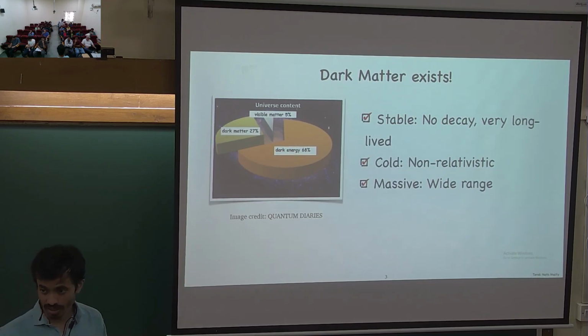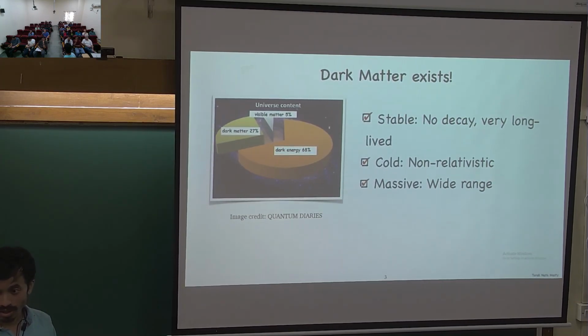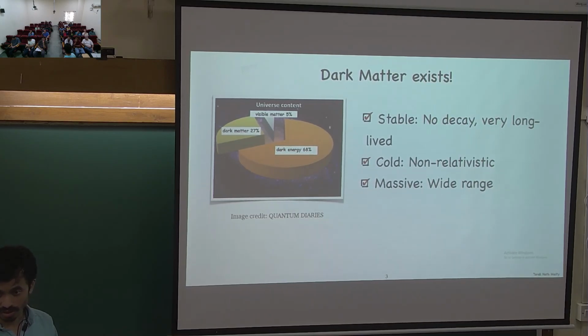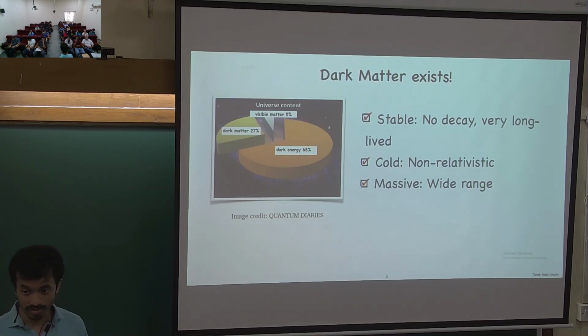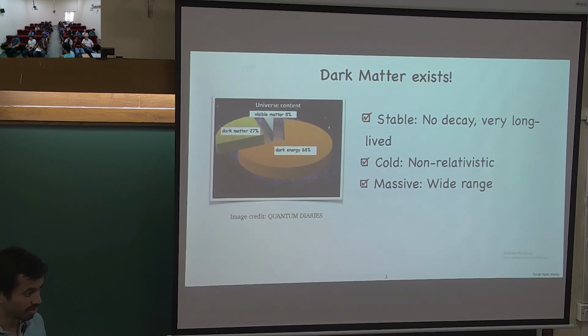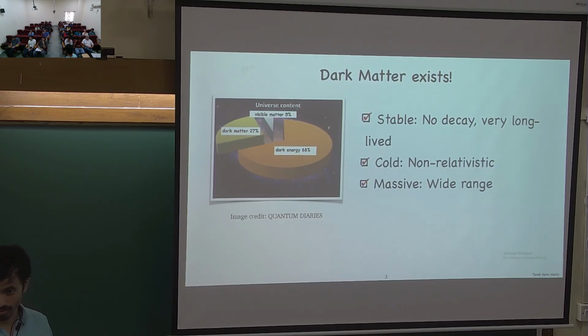Dark matter exists, and evidence comes from various different astrophysical and cosmological length scales. The problem with dark matter is not that it doesn't fit various astrophysical and cosmological observations well. The problem with dark matter is that the standard model doesn't have any candidate for it. So you need to find some BSM physics which could explain dark matter, the 27% of the energy budget of the universe.